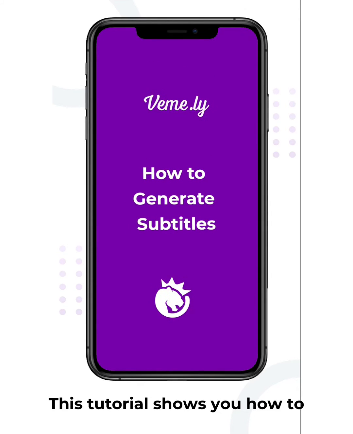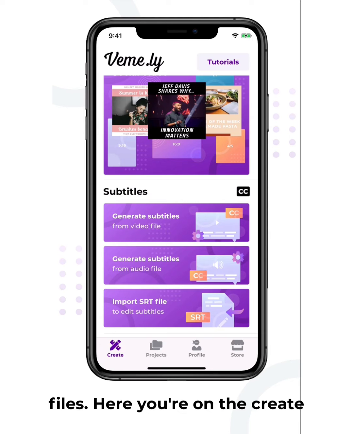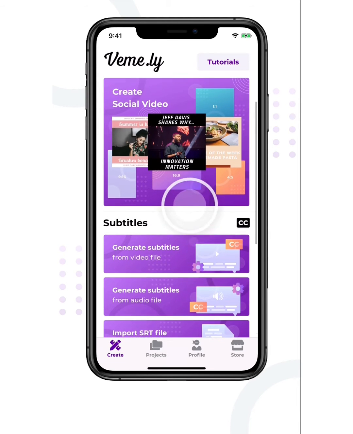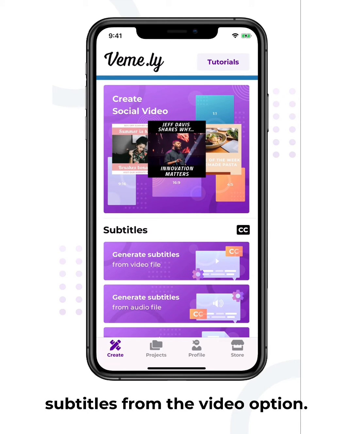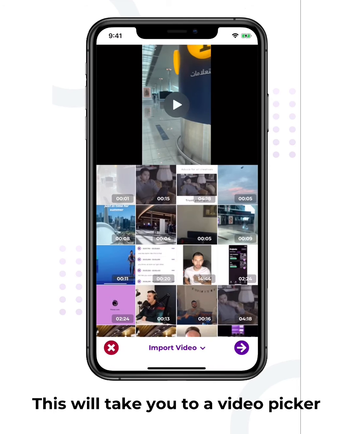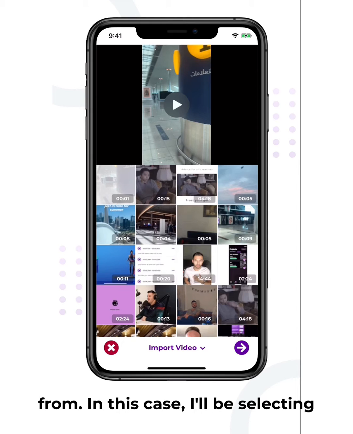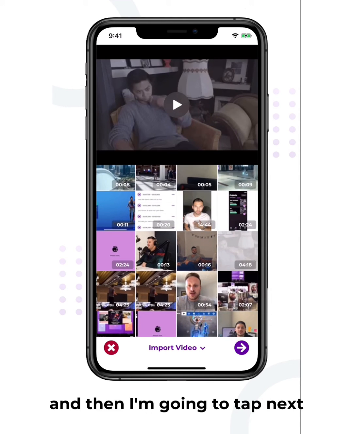This tutorial shows you how to generate subtitles from your video files. Here, you're on the Create screen, and you could tap on the Generate Subtitles from Video option. This will take you to a video picker screen where you could select which video you'd like to generate subtitles from. In this case, I'll be selecting the 4-minute and 18-second video, and then I'm going to tap Next on